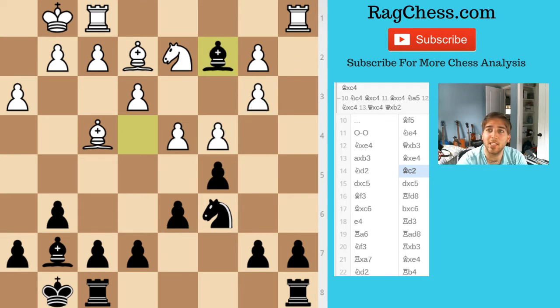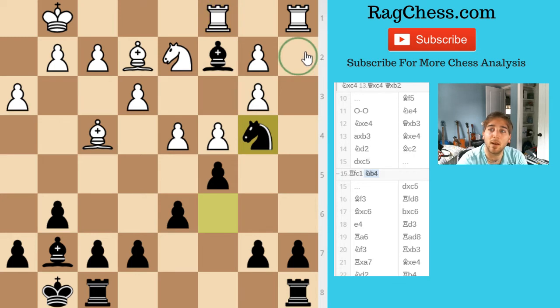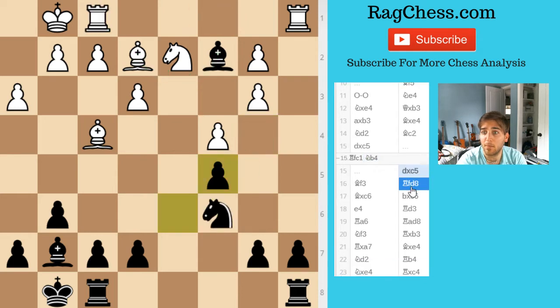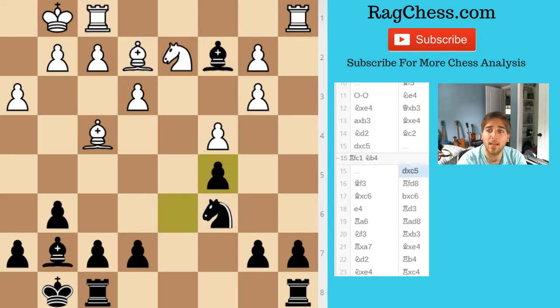The threat is if he does something like this, now that the a pawn is gone, my knight is very, very strong here. This pawn eventually can hang, or at least this knight is stuck here, and then maybe I can bring my knight in and force him to trade. So that's the plan. But he takes back, he takes my c-pawn with his d-pawn, I take back, and